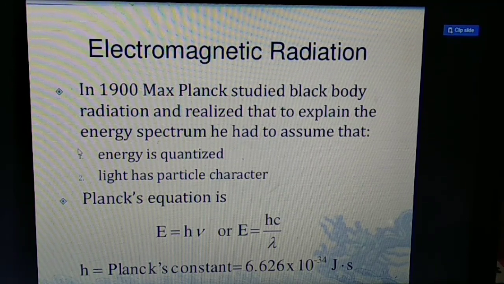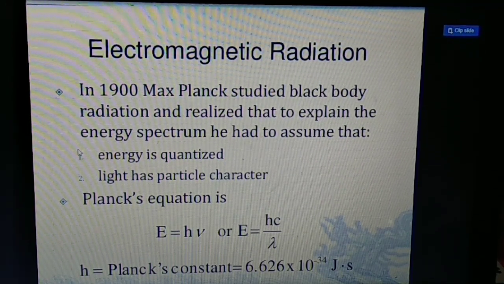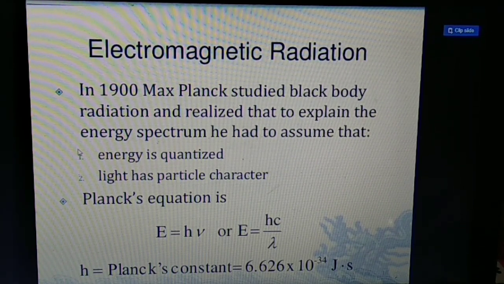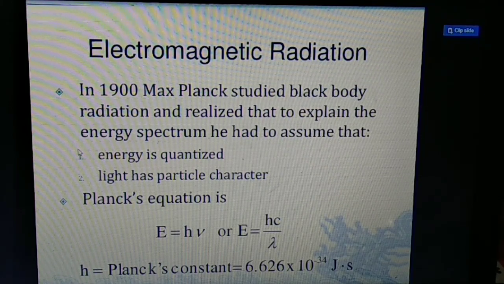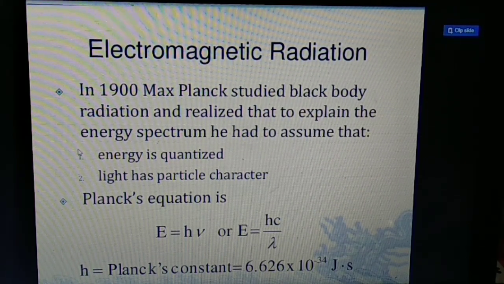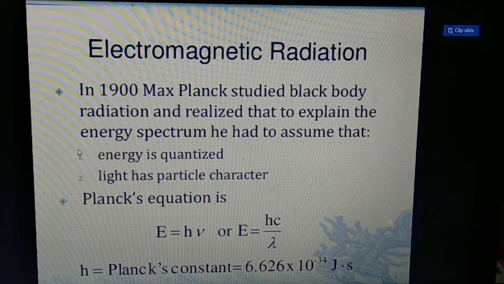My dear children, we have to solve many numericals related to the two formulas c equal to lambda into nu and E equal to h into nu. Sometimes the nu value you have to calculate when E value is given and h value is constant. Sometimes E value you have to calculate when lambda value is given, E equal to h into c by lambda. So this is a very important formula to solve the numericals.